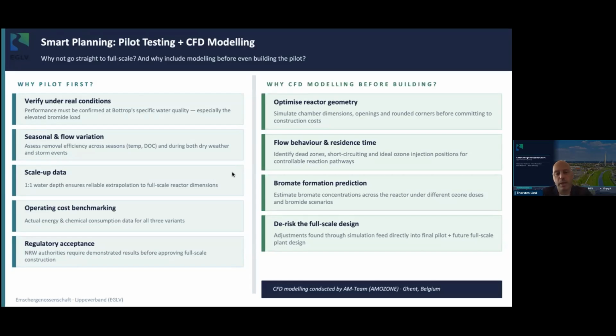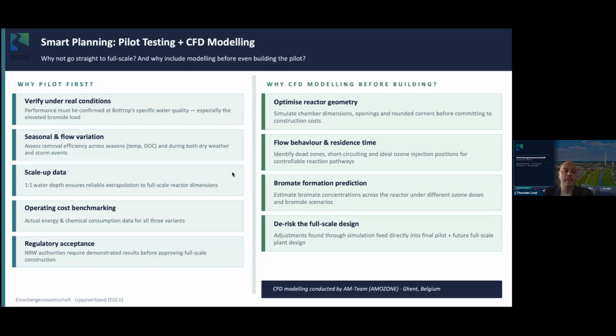So we chose AM team and we discussed with them our initial design. They then took this initial design, ran it through their model and showed us over and over again how we can improve this. Jessica will talk about this after me, so I will not go into detail, but to give you a summary,